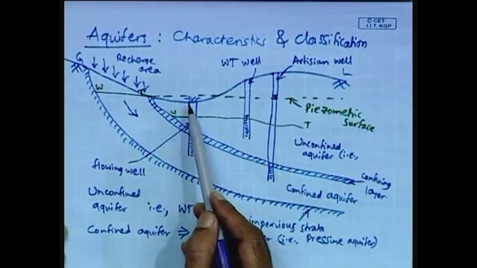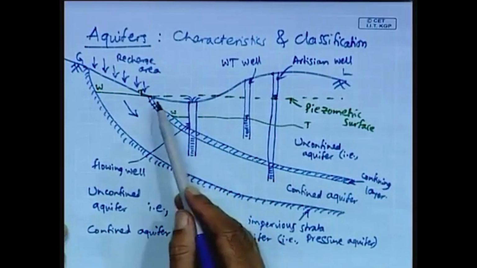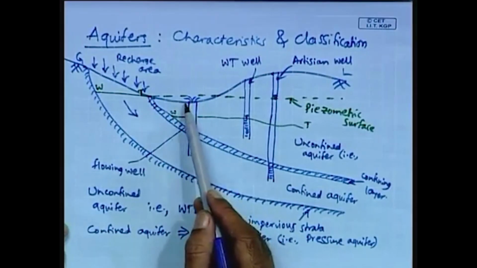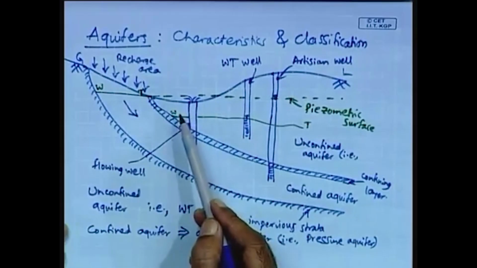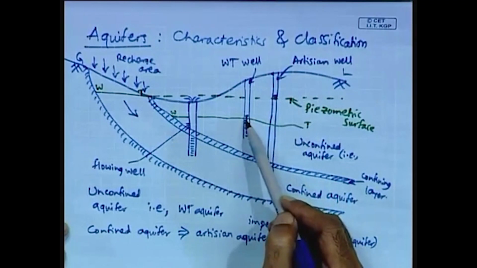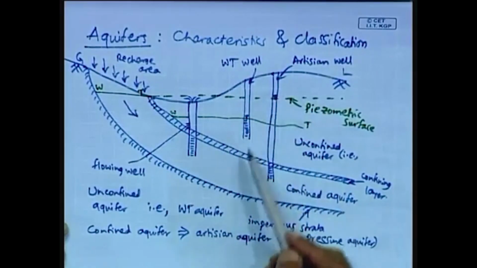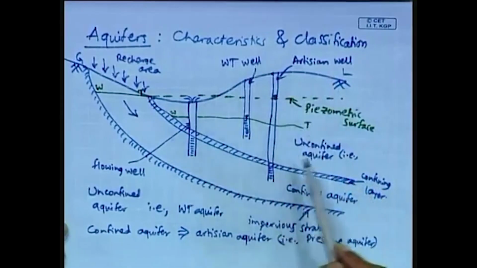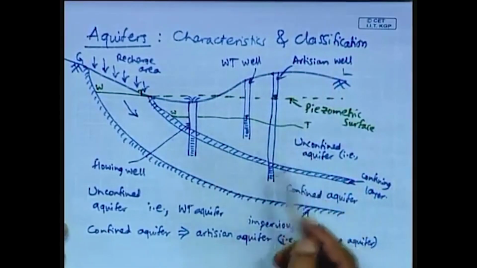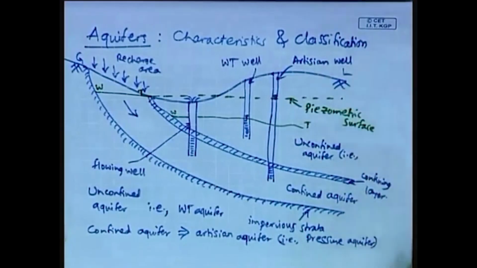So, in the flowing well, the water gushes out naturally because of the ground surface being below the piezometric surface there, whereas in the water table well as well as the artesian well, the water surface will correspond to the water table or the piezometric surface, and this artesian well draws from both the confined aquifer at the bottom as well as the unconfined aquifer at the top. So, we will stop here and we will continue further